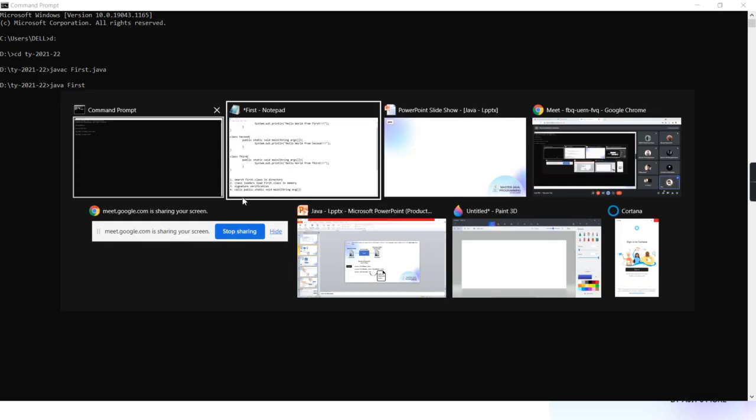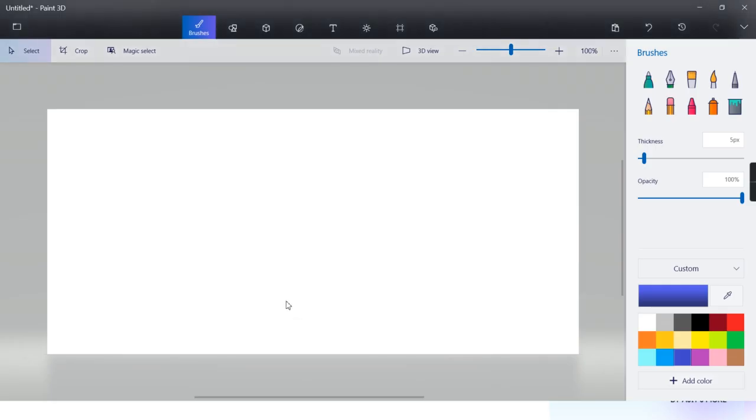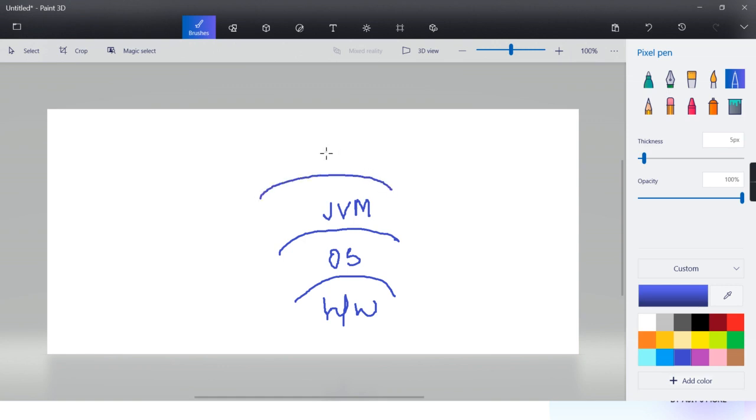Always remember there is a hierarchy. Always at the bottom there is hardware. Hardware means part of your system: CPU, registers, memory, everything. Then comes your OS. We cannot interact with the hardware directly. We have to take OS services. Above the OS, what is running? Your Java virtual machine or Java runtime environment. And above that, your bytecodes, that is your dot class. Getting? So your dot class is under the control of JVM, but it is also a program running under the control of OS, and the OS is interacting with the hardware.